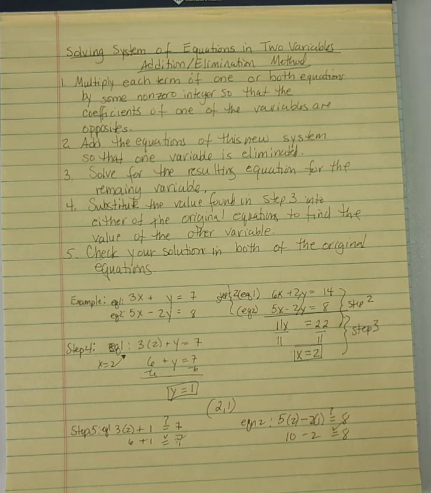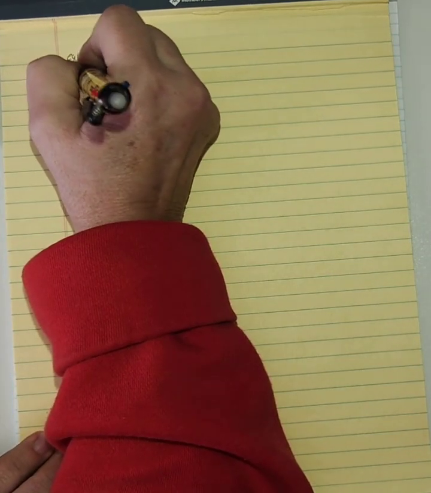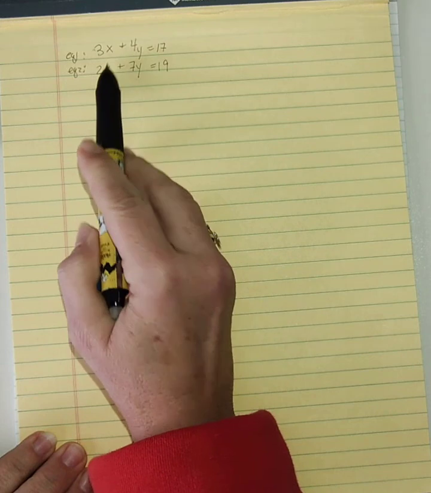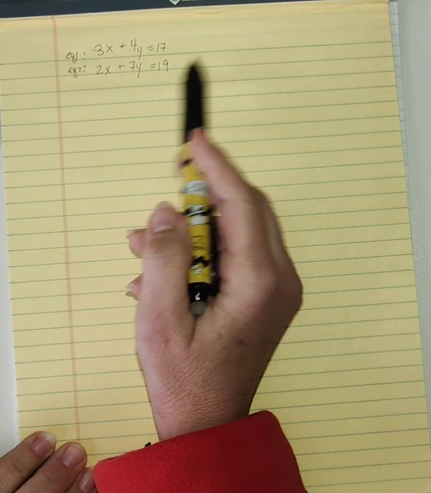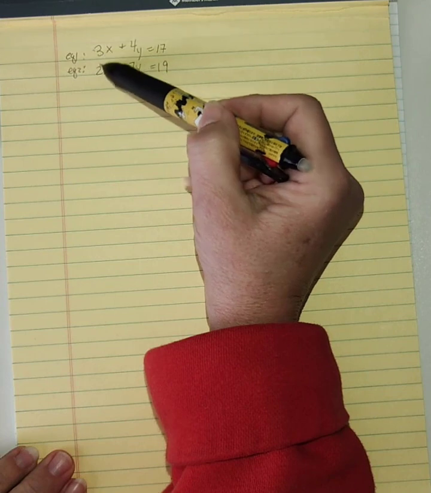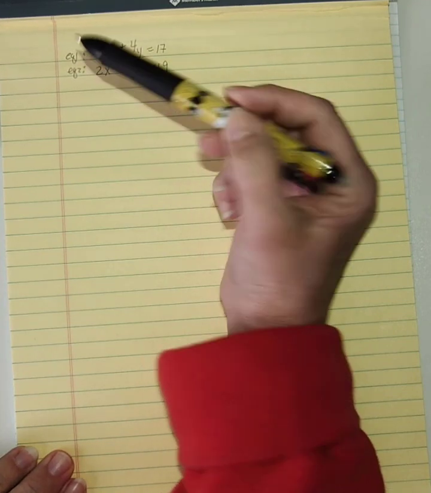Let's look at another example. Now in this problem, using the addition or elimination method, whichever one you'd want to call it, I look at equation 1 and equation 2, and I'm going, wow, both of them are positive. So now I want to choose the ones that, for me, I always like to choose the ones with the smallest numbers. So I say, I'm going to make it so that both of these coefficients are the same number with opposite